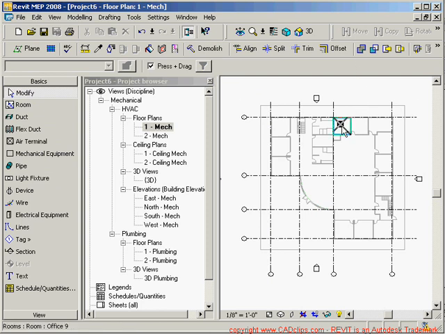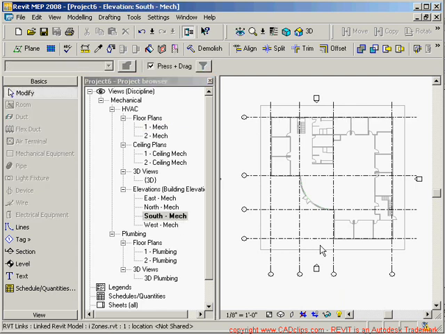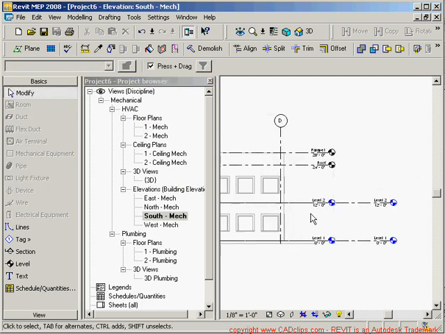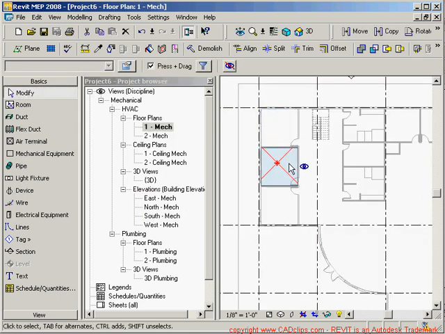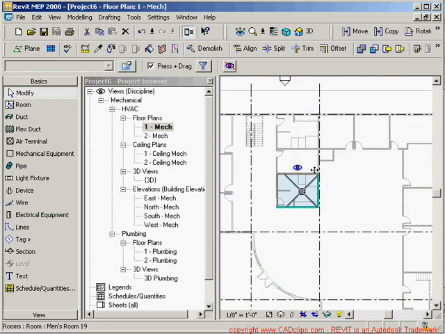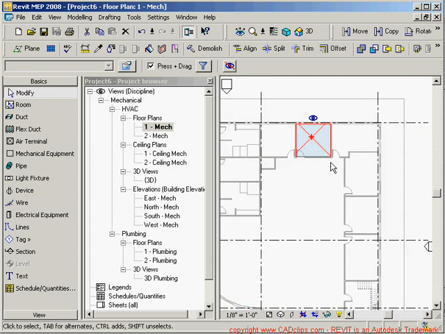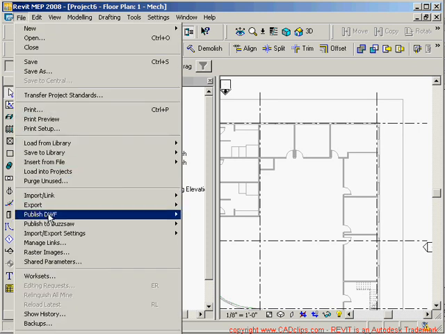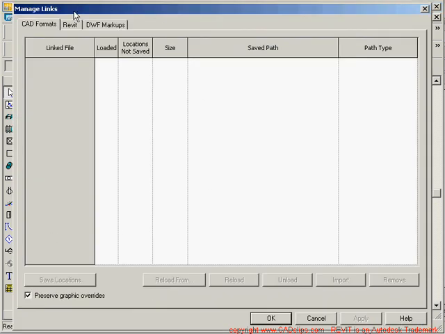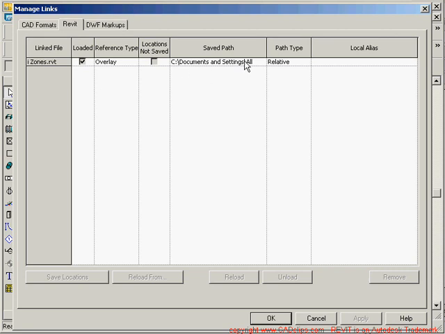So now locally in my file I have a bunch of grid lines. If I go to my south elevation, I have my 4 levels, and most importantly, now when I hover over here, you will see that I have rooms that I've copied and are linked and synchronized back with the architectural model. If I go to File and I go to Manage Links, and I go to Revit, that file that I went here,